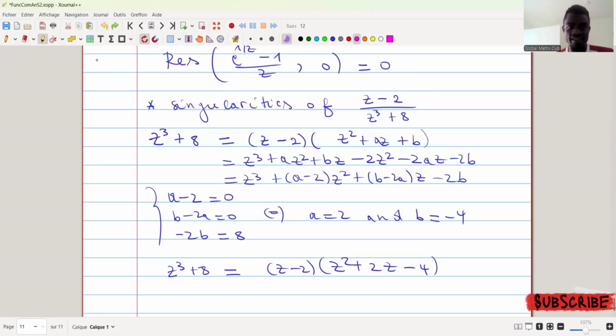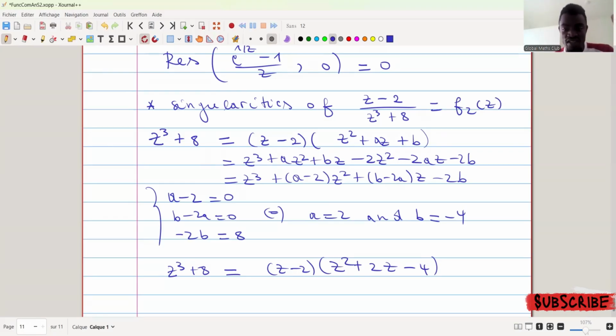If you want to factorize the denominator, because we are looking for the singularities, you are looking for the solution of the denominator, so the roots of the denominator. That is why you have to firstly factorize this term in the denominator, and the easiest root here is negative 2. This is a polynomial of degree 3. If you have negative 2, you have z minus 2, which is a polynomial of degree 1. So it remains to find a polynomial of degree 2, this quadratic polynomial. And you just have to look for the coefficients.